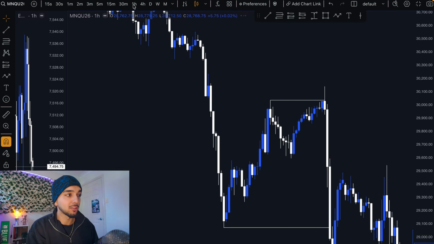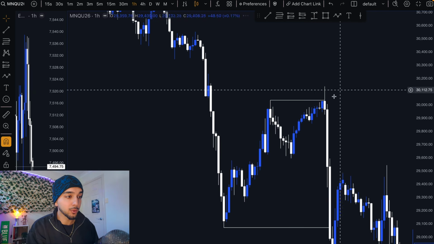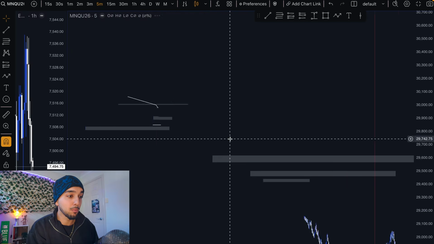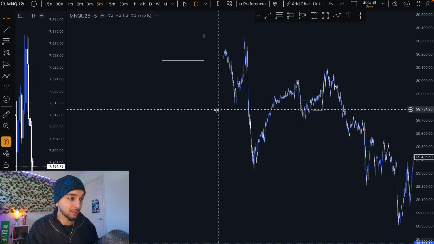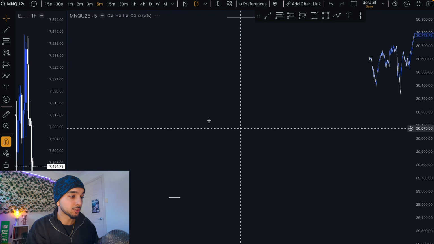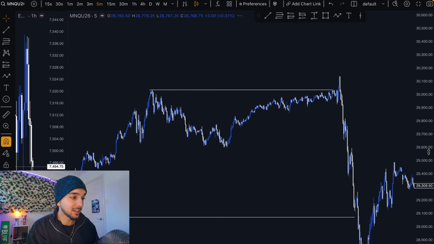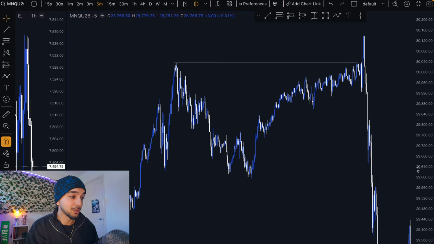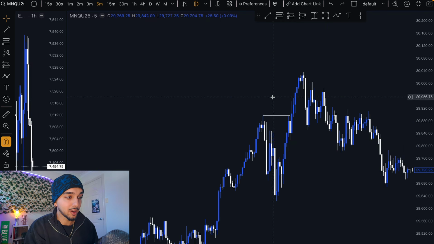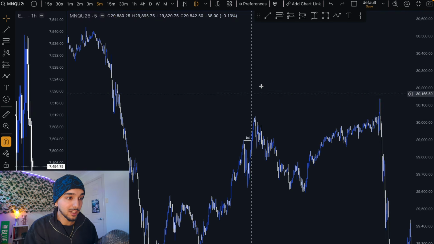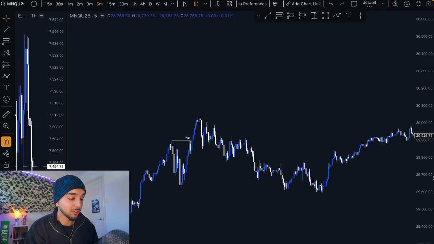Keep in mind, this is a 1-hour model: a 1-hour liquidity sweep going to that 1-hour low. What you can do in that same model is zoom into the 5-minute time frame. Let me scroll to the same point that I was on. After I've zoomed into the 5-minute time frame, I'm going to see something really cool. On the 5-minute time frame, we have this liquidity sweep. Again, the 1-hour time frame was this one, but on the 5-minute, if you want to zoom in and catch a quicker trade,